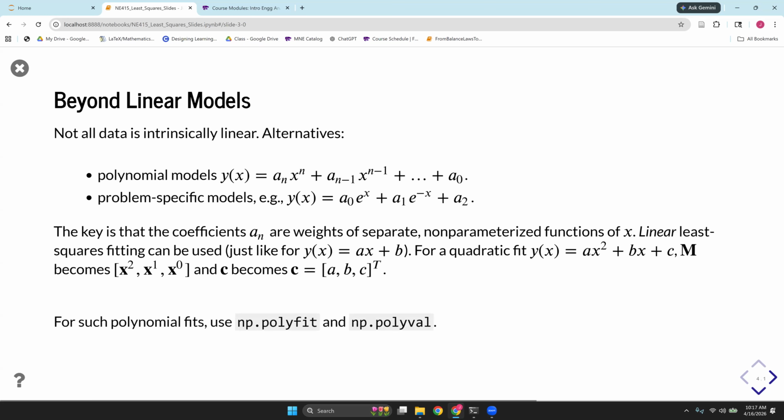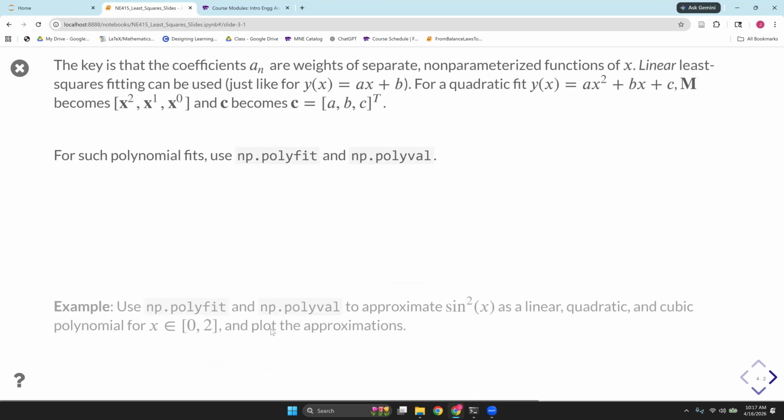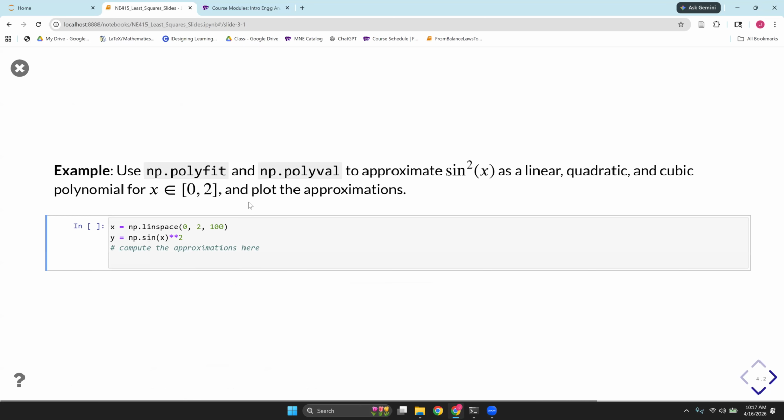Some other tools that help us do that would be polyfit and polyval, right? So we can use polyfit and polyval to approximate something like sine. We could use it for the previous problem too, but let's suppose I have a function y. It's just the square of the sine, and we want to evaluate this for x equals 0